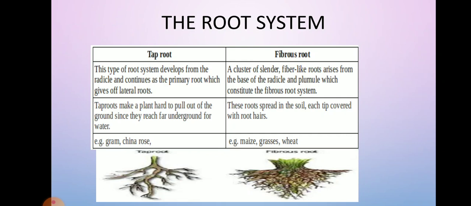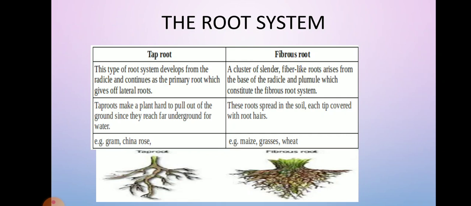So the root system develops from a radicle and continues as a primary root, meaning a main root is there, and from it lateral roots come out. Like you can see in the diagram shown below, there is a main branch which comes out, and then many outgrowths, many branches, are growing out from it. So such a kind of root is known as the taproot system. Now this taproot system we can find in grass very commonly. We find it in grass, wheat. We find it in china rose, gram, all these, mango tree, we find taproot kind of system.